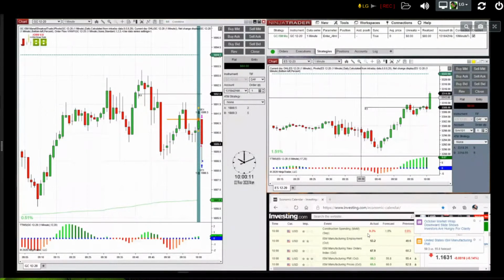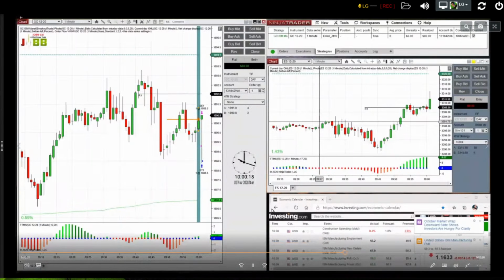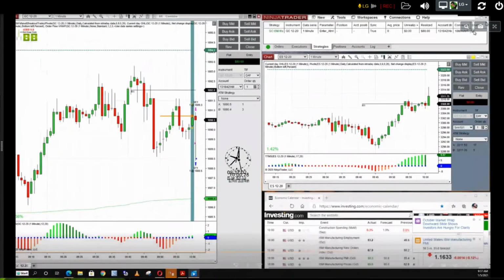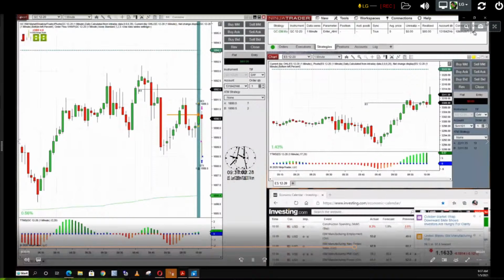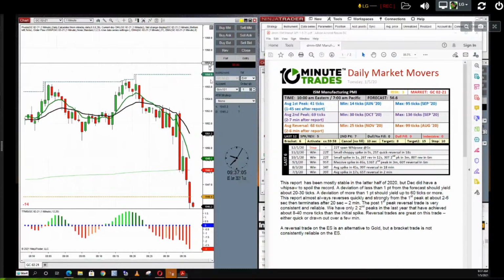The price went down, but it was very choppy. Very choppy. And then the DMM says the ES might be viable for a reversal. And I'll show you some quick testing I did on the reversals. If you look at